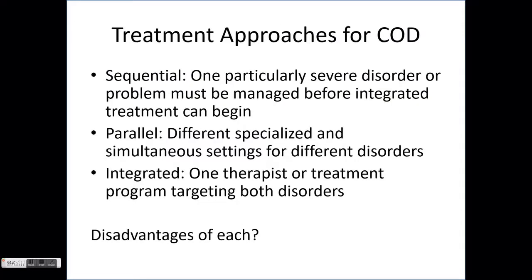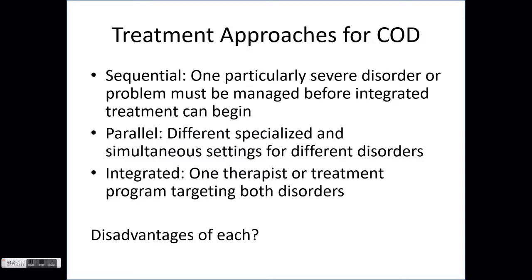There are 3 general treatment approaches for a co-occurring disorder. Sequential is when you're dealing with one or the more severe condition first, be it mental health or substance use. So you try and manage that the best you can before you move on to treating the mental health. For instance, somebody may be severely withdrawing from alcohol. They may also have severe depression, but we have to deal specifically with those withdrawal symptoms first before we start